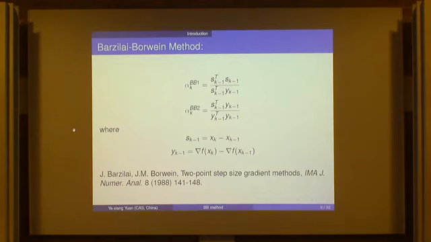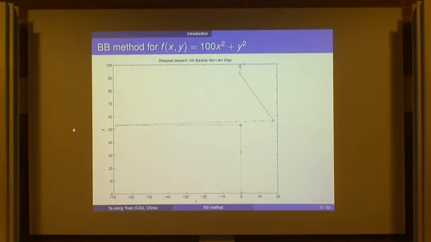The mathematical idea behind this formula is actually to use some kind of quasi-Newton information, so I will not explain it in detail. This is the original paper, Barzilai-Borwein, 1988, I think. If you apply the BB step to the same problem I showed you the picture of a couple of minutes ago, the same function, starting from the same starting point,